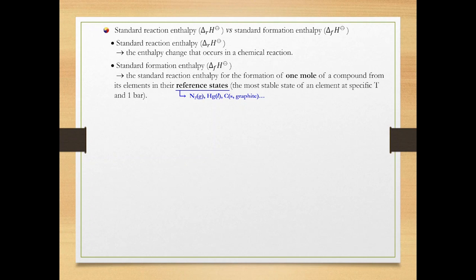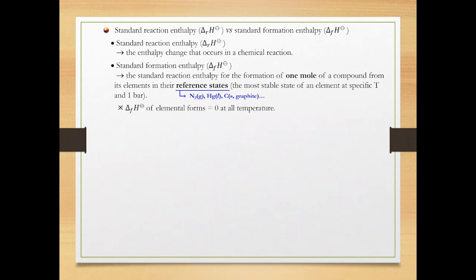And the reference state of carbon is solid graphitic carbon. Be aware that element carbon present in nature is most likely in the form of crystalline graphite, crystalline diamond, or amorphous carbon like soot. Out of those multiple states of carbon, the graphitic carbon is the reference state because it is the most stable state.